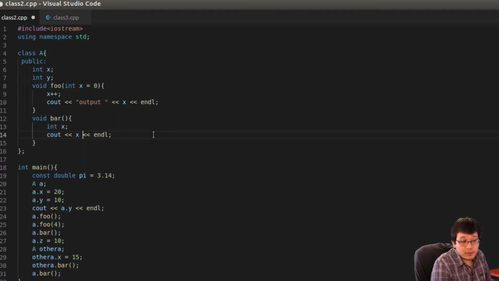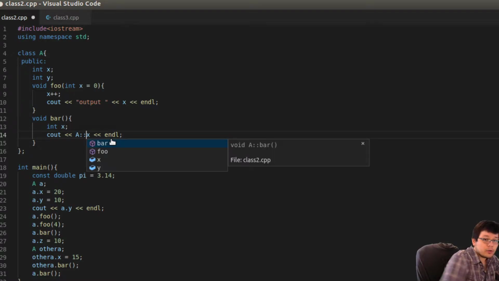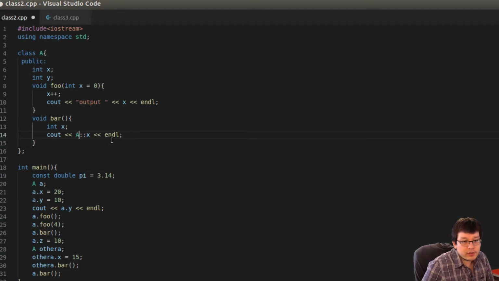Well, there's a couple of ways to do that. There's using something known as a this pointer, which we'll talk about at some point when we talk about pointers and virtuals, that kind of stuff. But another way I believe will work is if you put the name of the class and then the scope resolution operator, which is the two colons. You might not know what the scope resolution operator is, by the way, but voila, this is the scope resolution operator. And what it does is it allows you